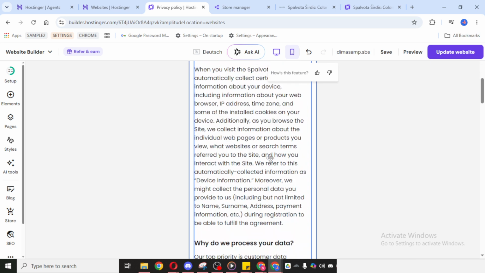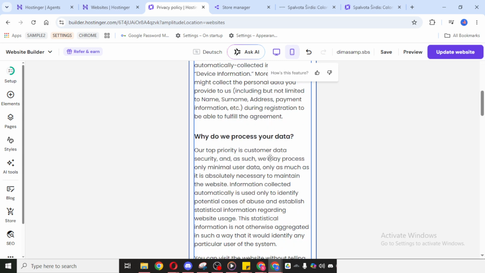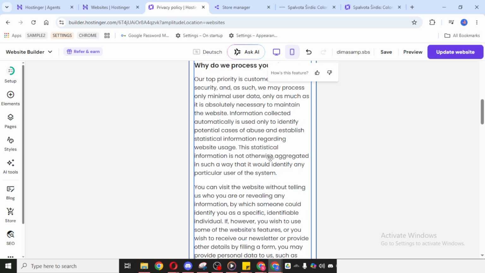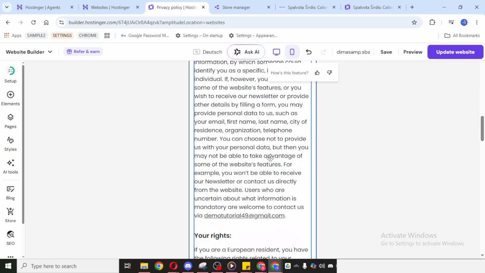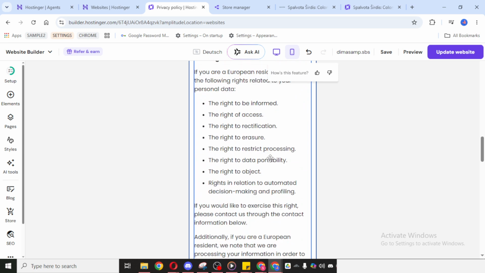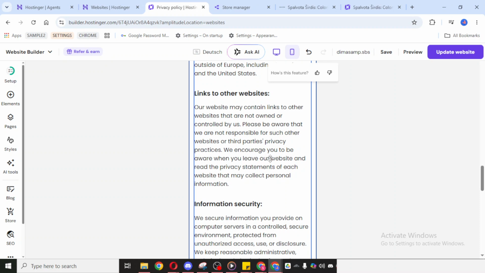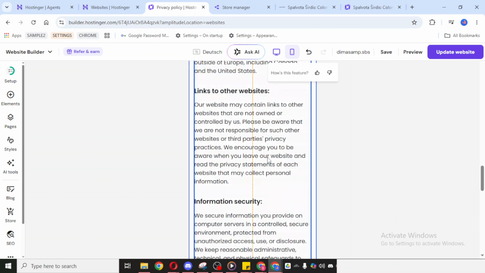It's important to review this version carefully because a design that looks good on desktop may not always display properly on mobile. As you check the mobile layout, pay close attention to your text, images, and sections. If any text is cut off, too small, or not visible, you'll need to adjust it. The same goes for sections that look misaligned, too large, or difficult to read on a mobile screen.